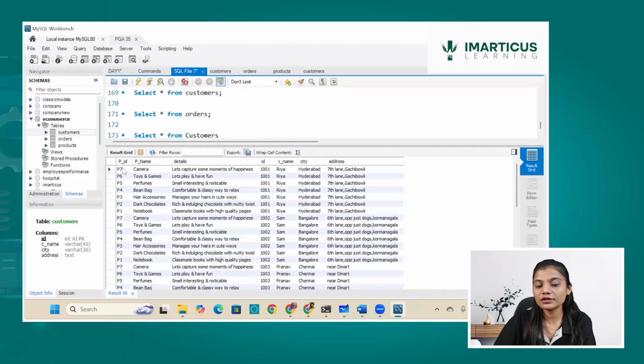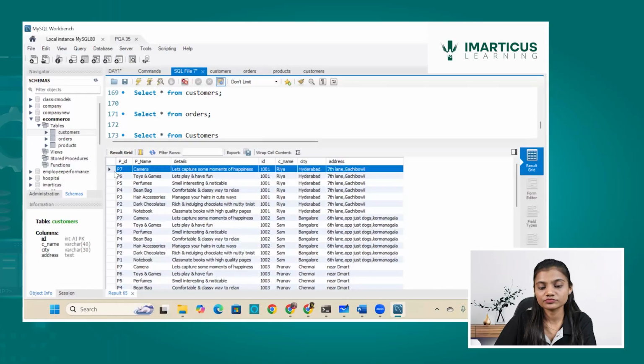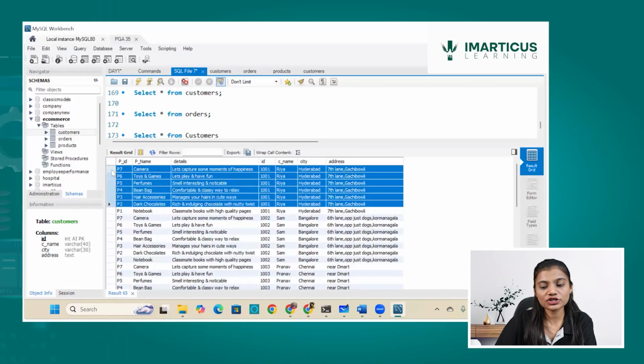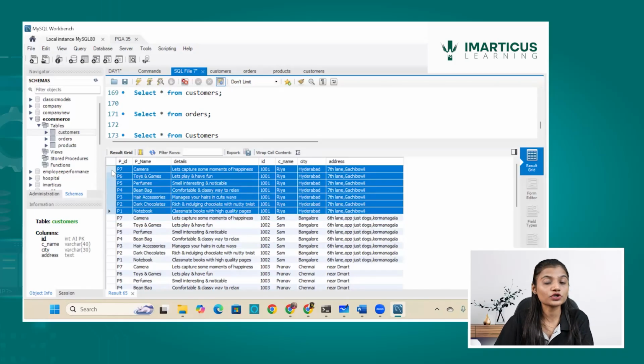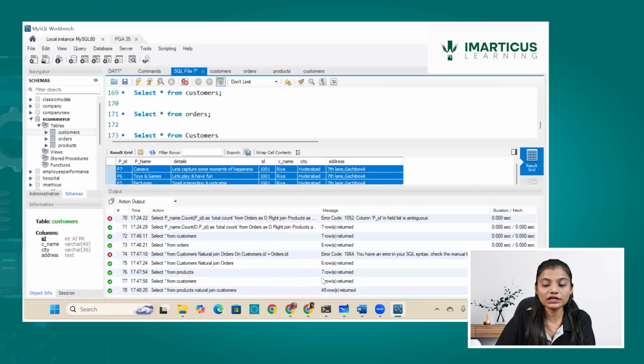There are n number of records. Each entry has been repeated itself n number of times. That was a cross join. So each entry from one table is repeating itself with each entry of the other table in order to generate the outcome. So there are many outcomes generated. Can you see 49 rows are being given in the outcome, and that's how cross join works.